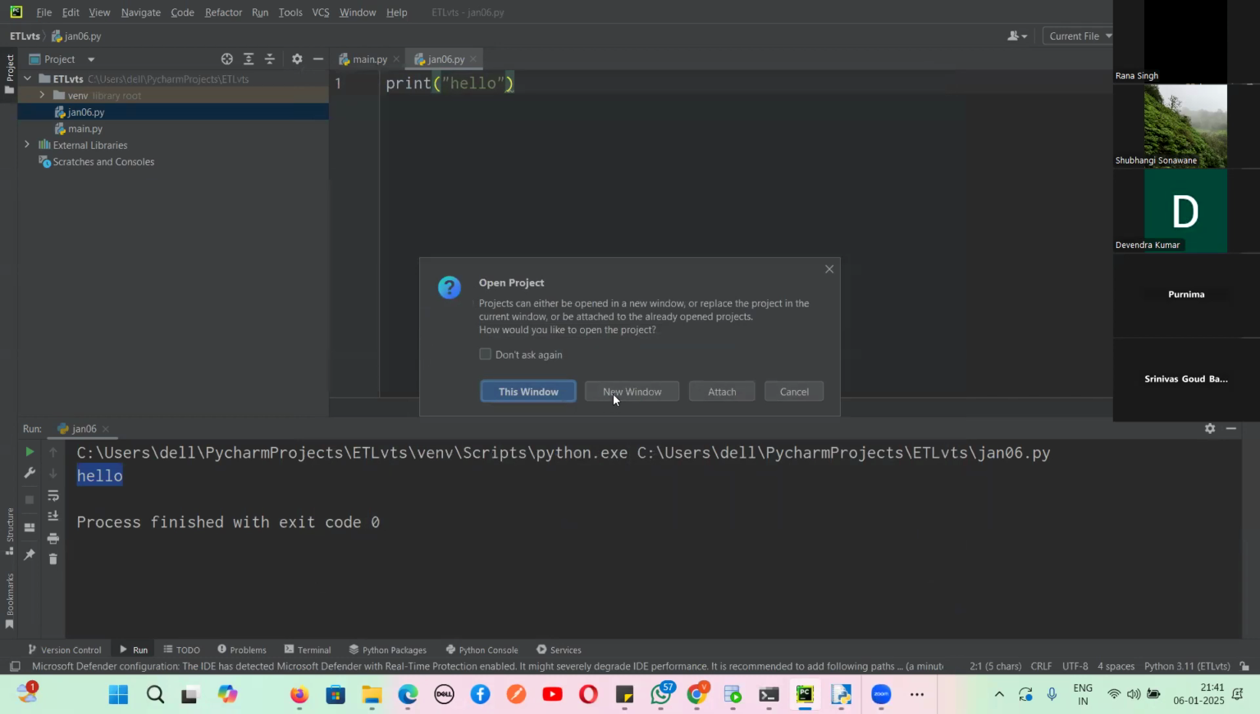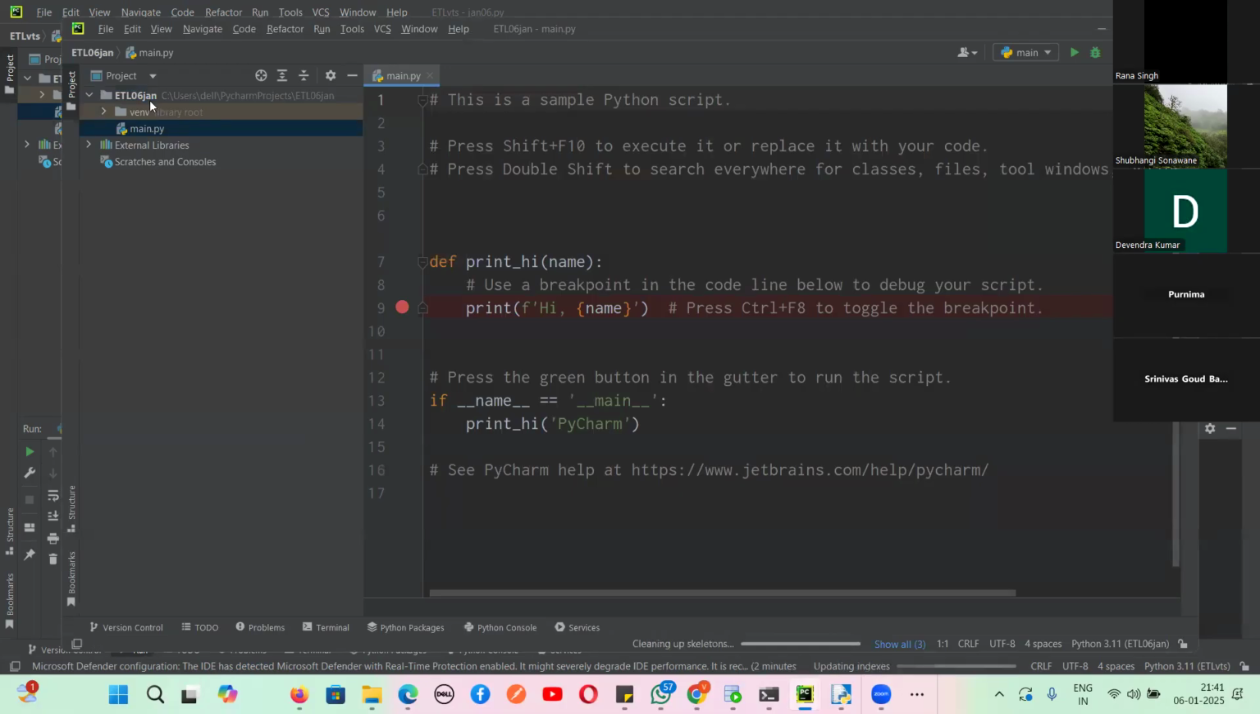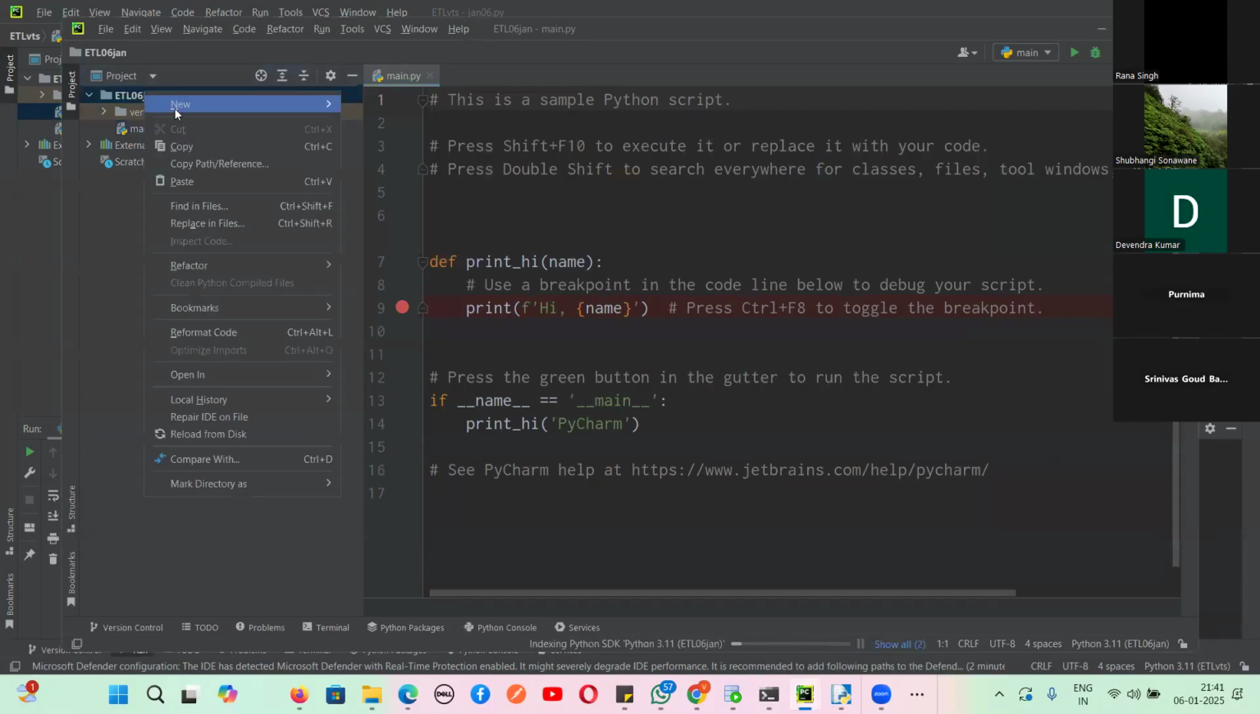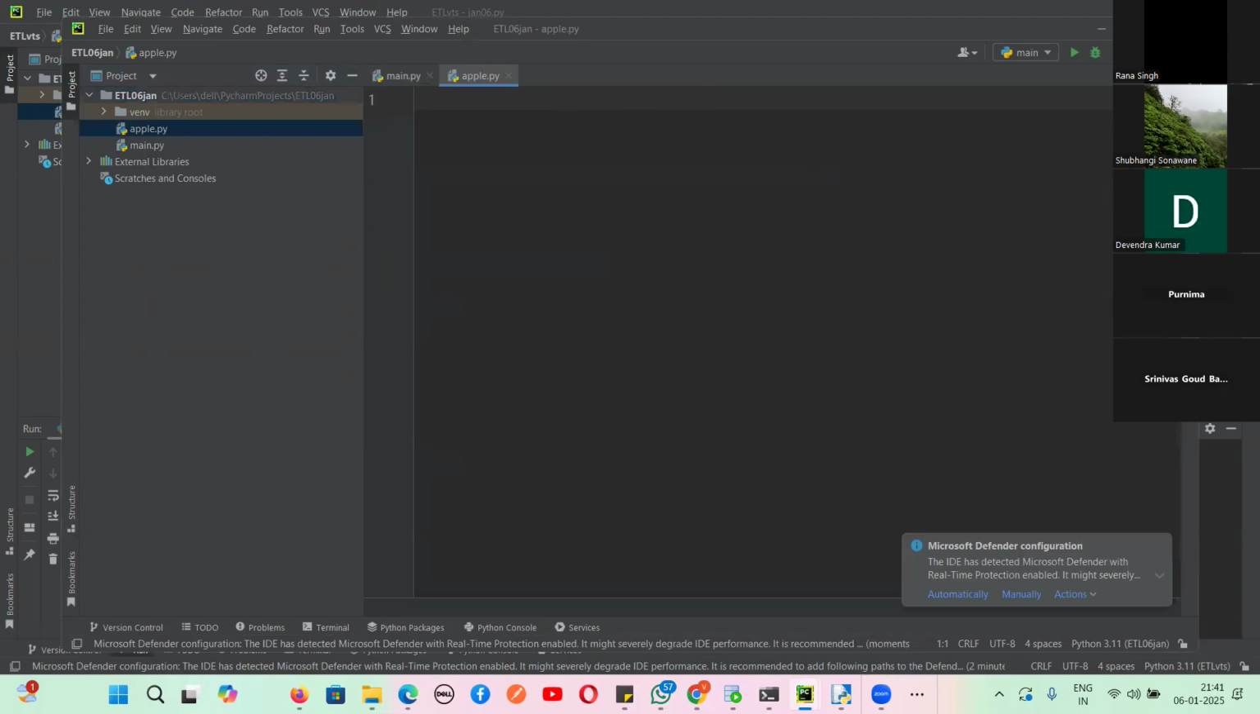I can click on, suppose, a new window, then it will be opening in a new window and you can see again here. And if you want to create a new file, just right click, new file, Python file. You can give the name of the file. Suppose Apple is the file name, then I can just select here and I can write the code. So in this window or a separate window, you can do this. So this is the thing you have to do as the first class of